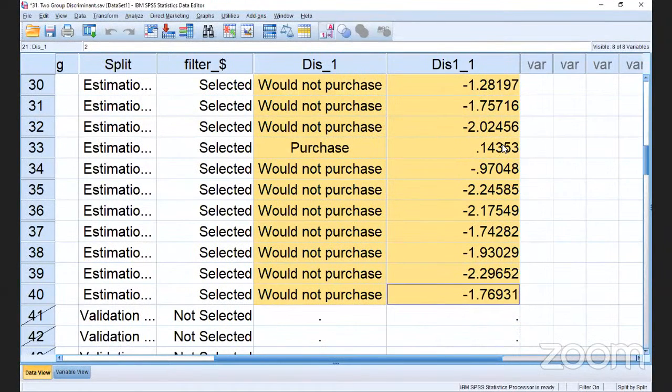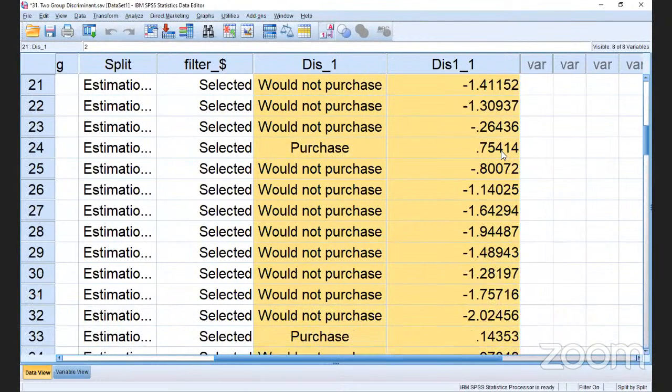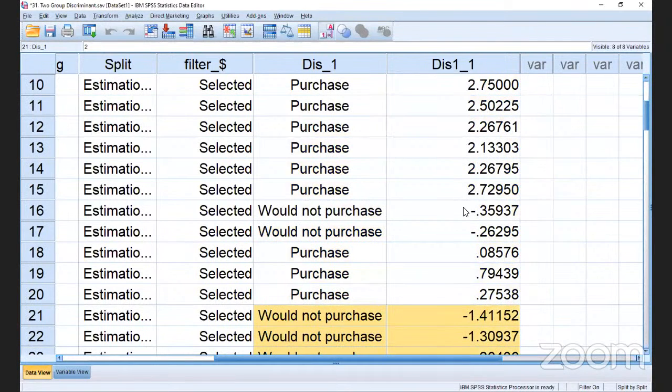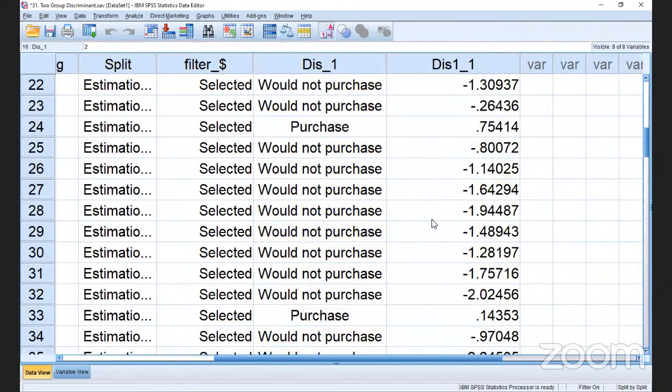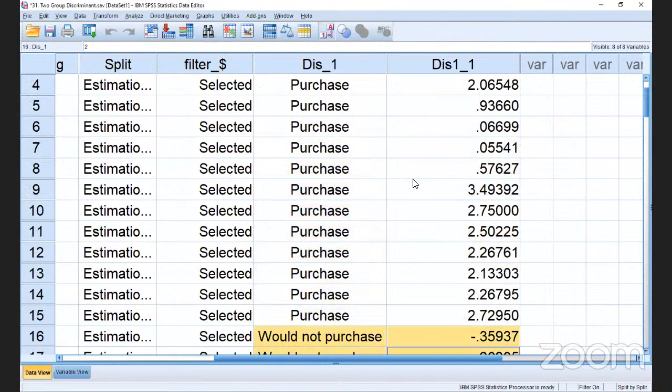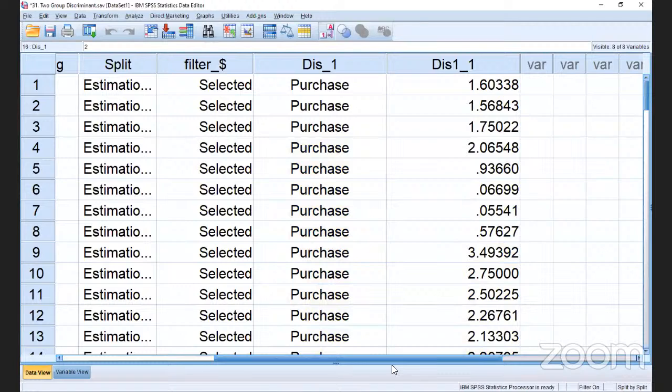And again another one, 0.140, is again a misclassification. So out of the 42, we can see misclassification cases in the purchase group, and two misclassification cases in the would not purchase group. So my model is correctly classifying 90%. Now your question is what is filter? Filter means this filter